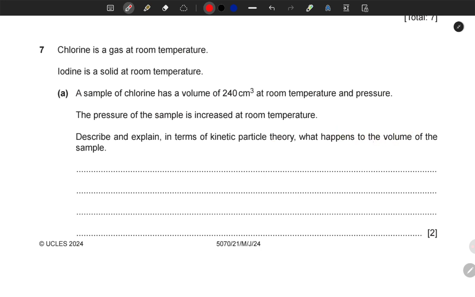the sample. Now they are saying that pressure is increased. What happens to the volume? When you increase pressure, what happens to the volume of a substance? Even when you relate it using Boyle's law or Charles' law,